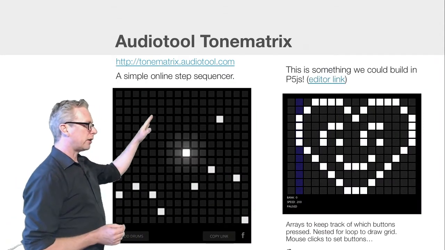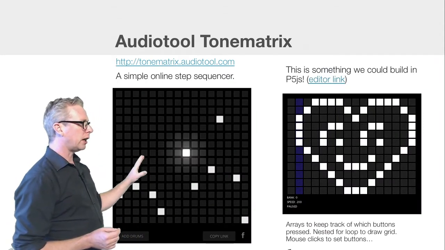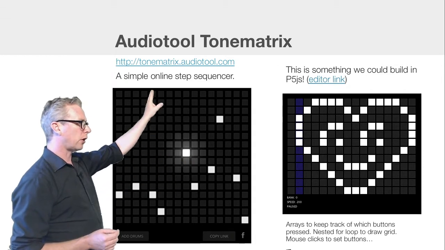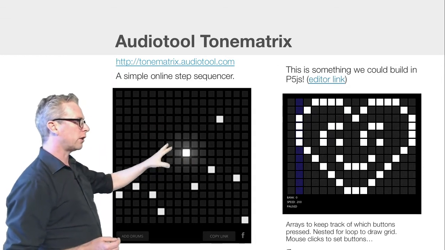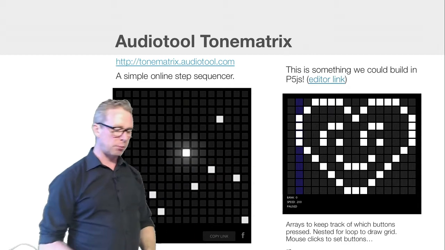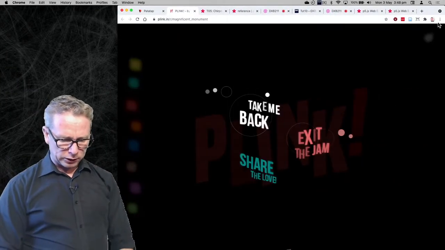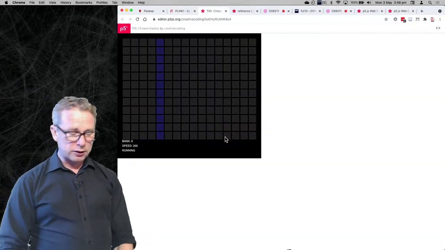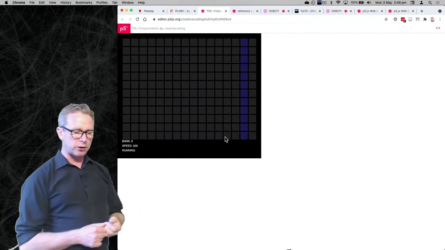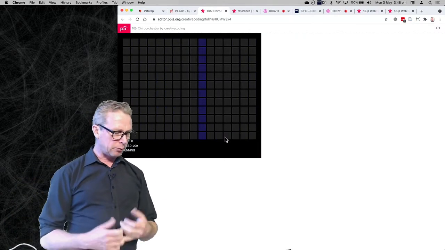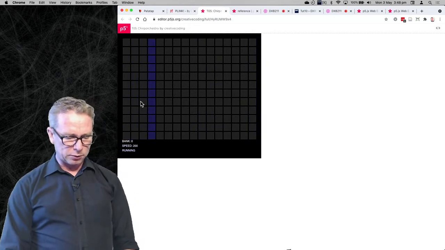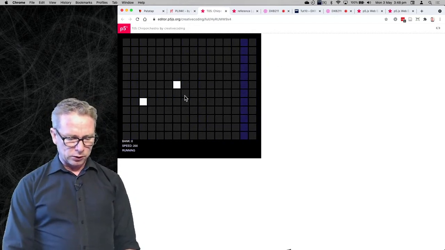Here's another one. This is a simple step sequencer written again in the web. If you go to tonematrixaudiotool.com, you'll see this one. But here's one that I wrote using P5.js, and I'll just load it up. And it's quite amazing to me what you can actually do in P5.js just with the sound tools that are there. So in this one, if I click these little squares,